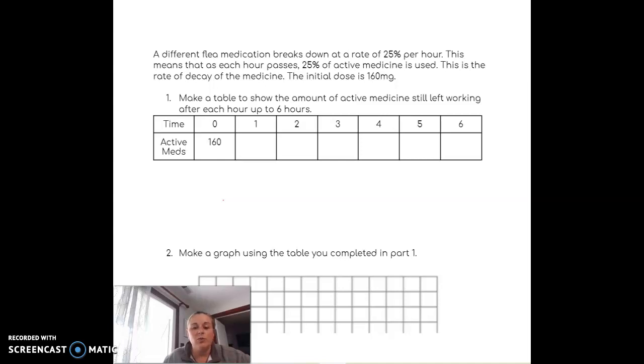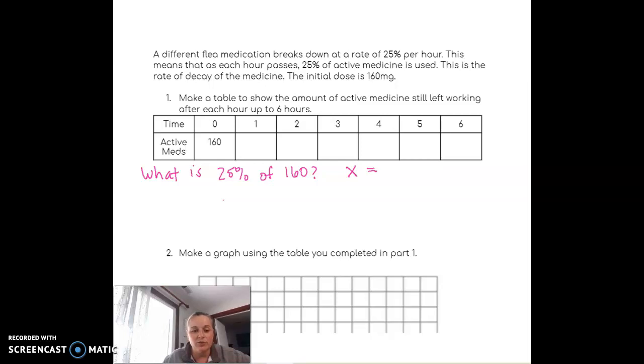So what we have to do is figure out what's still working for us at hour one, starting with 160 milligrams. The first thing I'm going to have you write down is, like we did before, 25% of 160, because that's the amount of medicine that goes away. 25% of it is no longer good for the dog. So we're going to turn this into an algebraic expression, where what we don't know equals 25%